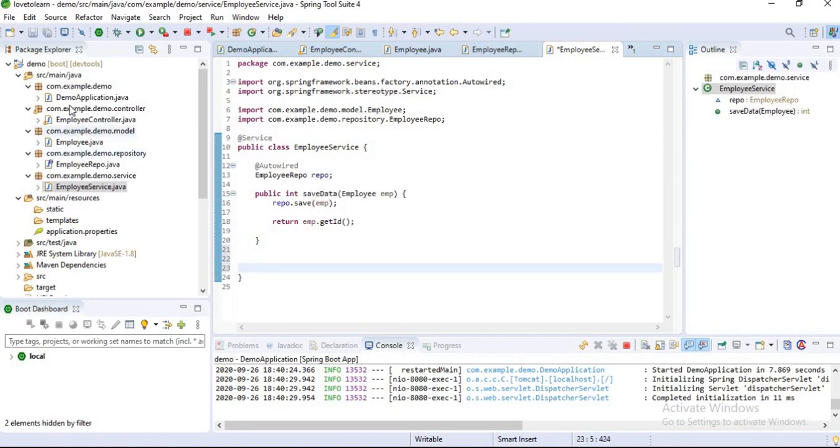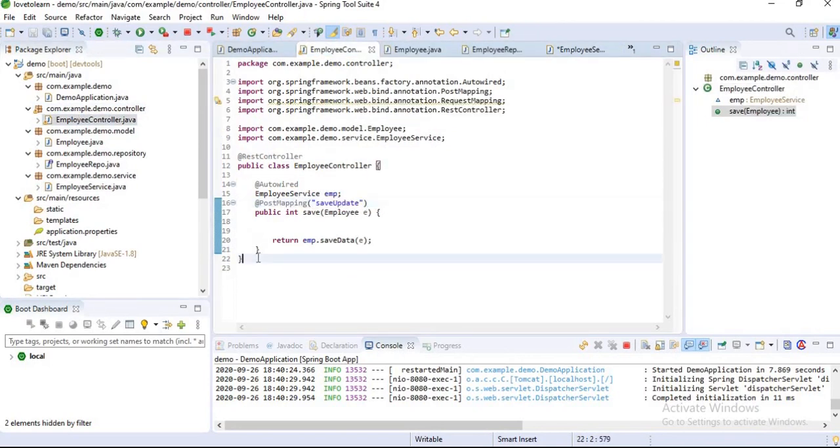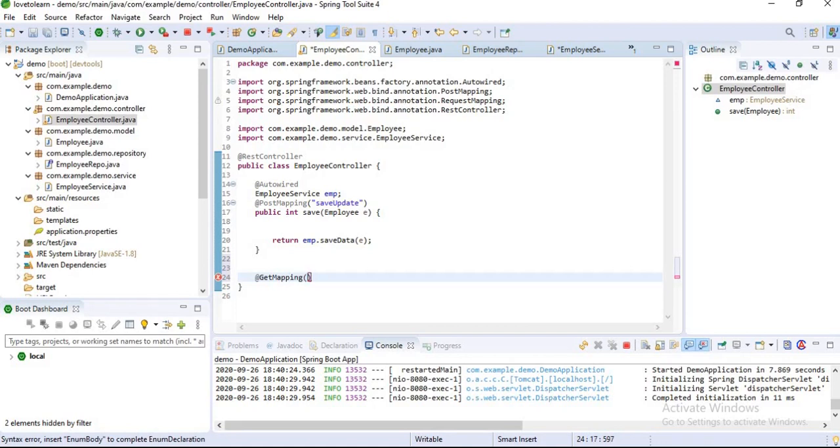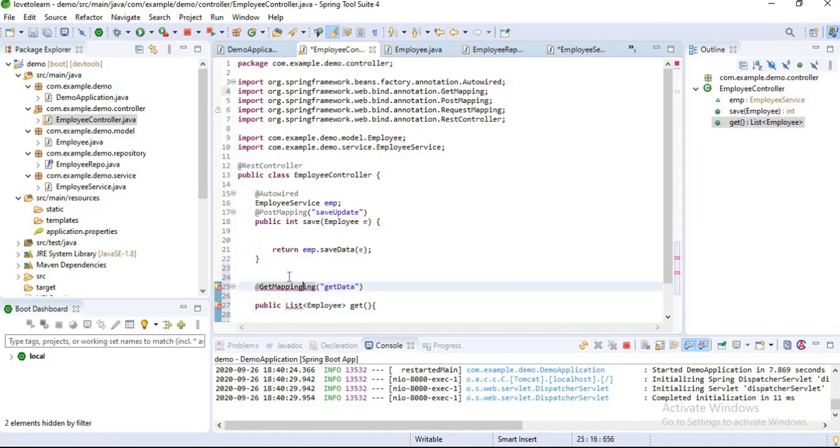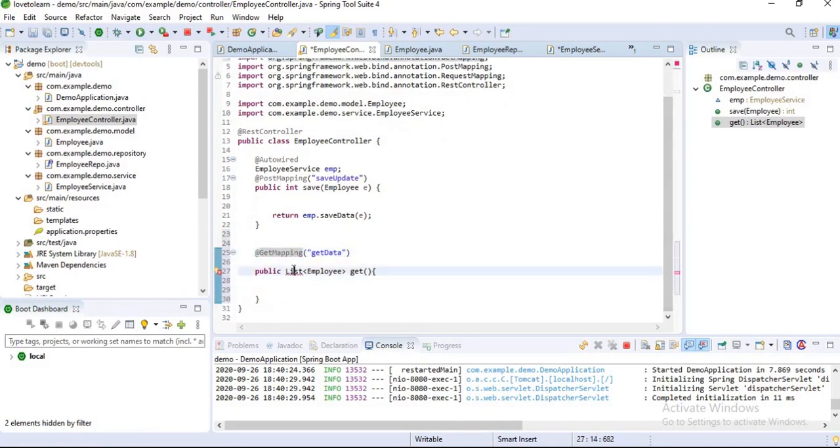Which is get mapping. Get mapping, I want to give my value as get data. Okay, public, my return type is list of employee, and my method name is get. I want to import get mapping, and let's import our list also,